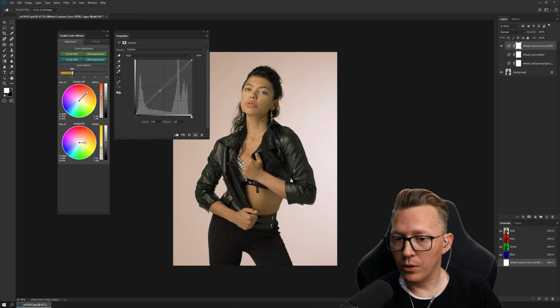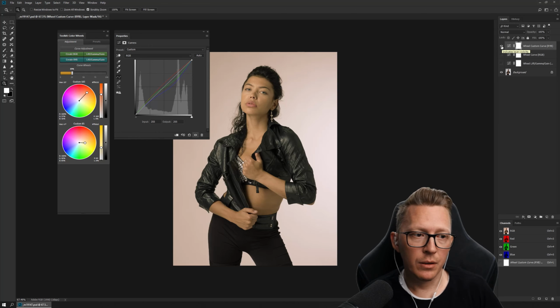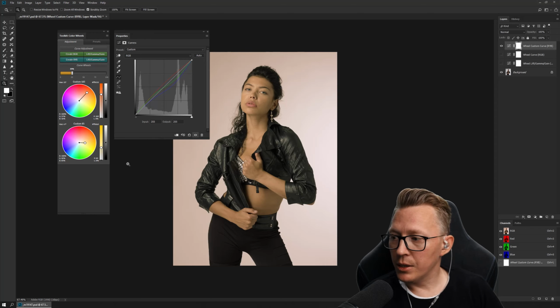So this is more for corrections, or when you want to push colors towards certain things. Right now I'm not using any masks when I'm doing this, but if you have a certain area that you want to color correct, then you could pick that point, and then you can change that point specifically to the opposite of what you want to remove. So for example, if there's a skin area that has way too much of some kind of pink,